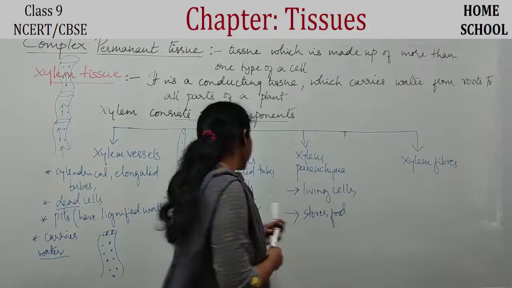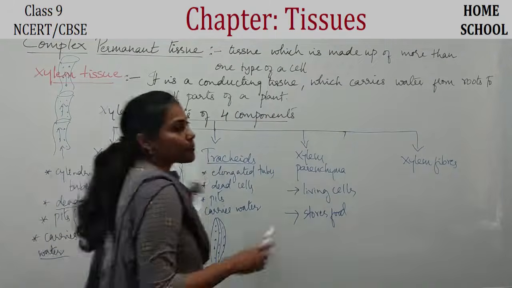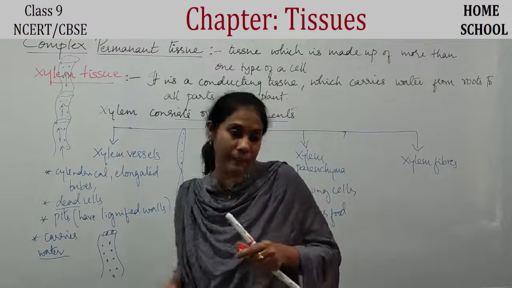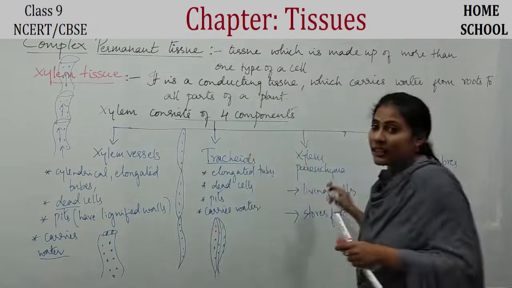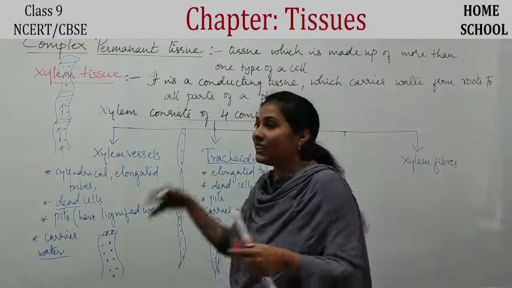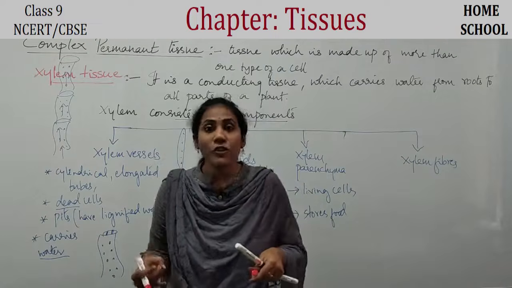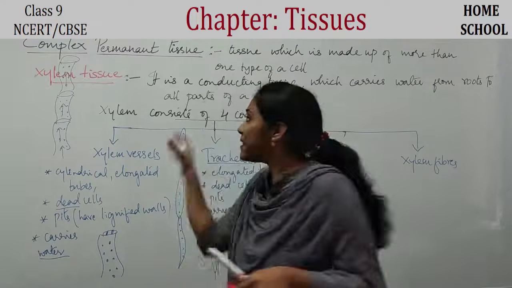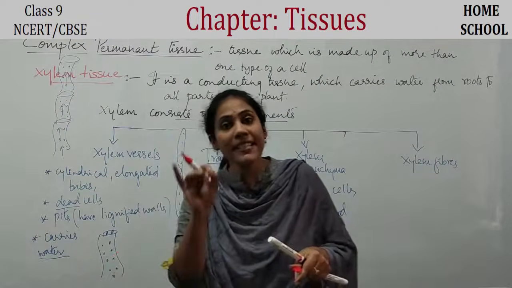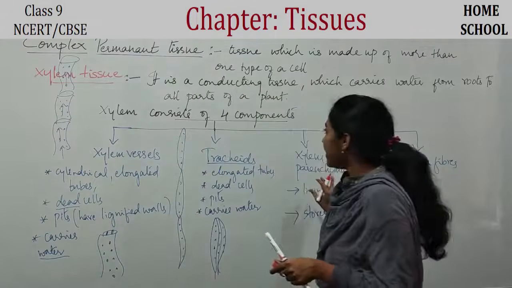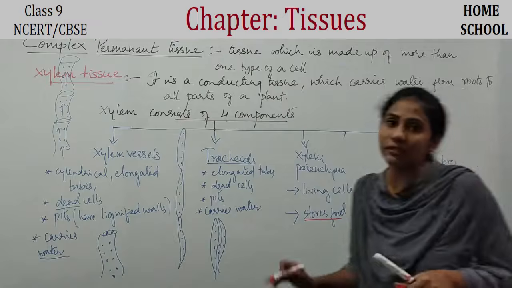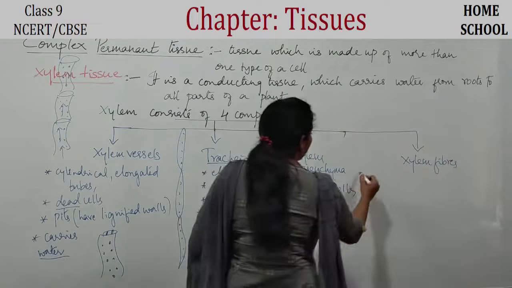Okay, say the tracheids as well as vessels, both of them are helpful in carrying water from one place to another place. But xylem parenchyma is not carrying water, guys. It just has to keep the entire tissue alive. Okay, so the xylem parenchyma helps the entire tissue to be alive. Okay, so these are the living cells that are present in a xylem tissue. Okay, and these guys actually store food. Clear?